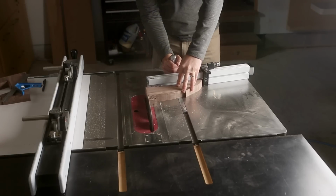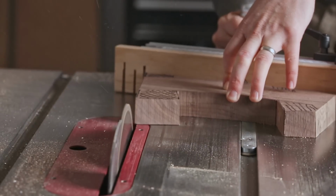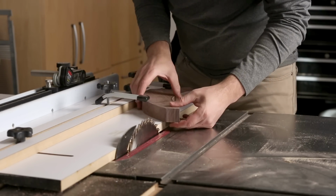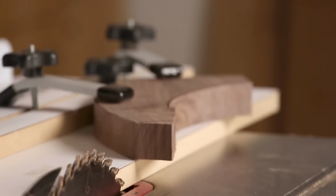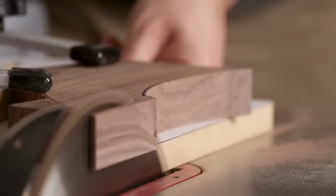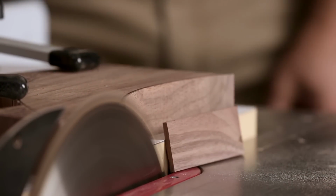So the most important thing about making leg assemblies like this is you have to get the angles exactly right if you want to make the joints tight. So I'm using a combination of sleds and my miter gauge to set these up and cut them carefully. And don't let the movie magic here fool you. In several cases, I had to make small adjustments and then cut them several times until things fit together tightly